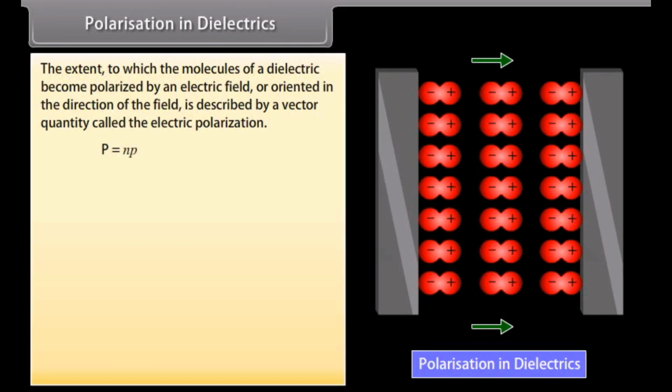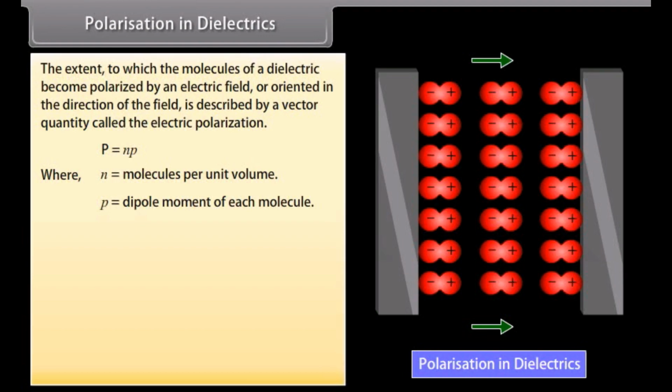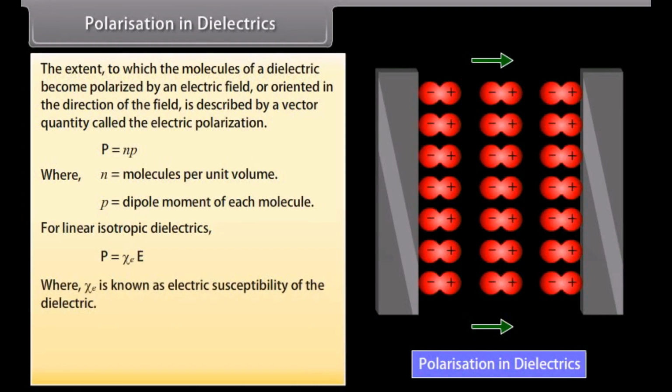P is equal to Np, where N is equal to molecules per unit volume, and p is equal to the dipole moment of each molecule. For linear isotropic dielectrics, P is equal to the product of Xi and E, where Xi is known as electric susceptibility